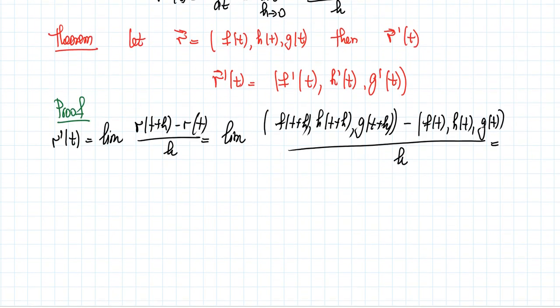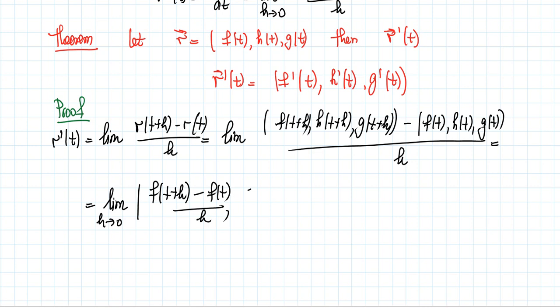So now we just need to do the vector operations, right? When you subtract two vectors, you need to subtract them component-wise. And when you divide a vector by some constant, you need to divide every single component of the vector by this constant. This is kind of a multiplication of a vector by some constant, right? So where h goes to 0, we subtract the vectors component-wise and divide every single component by h. This is going to be f of t plus h minus f of t. This is going to be the first component. The second component,